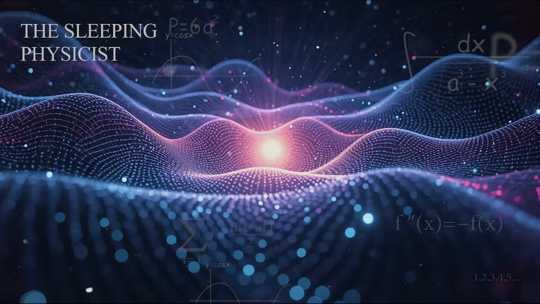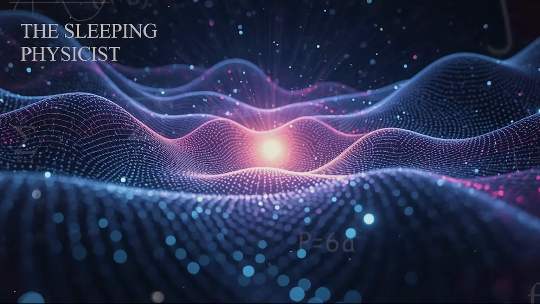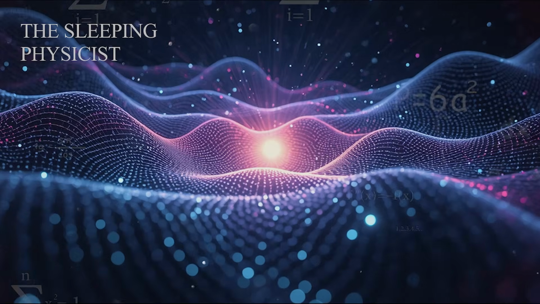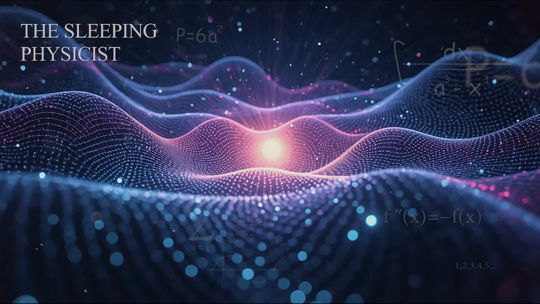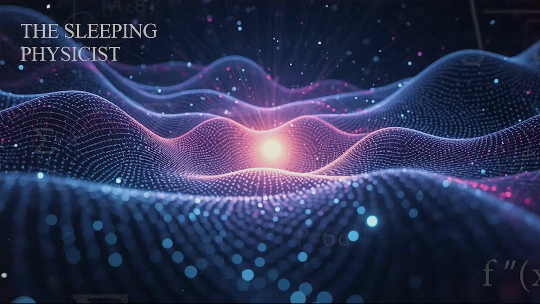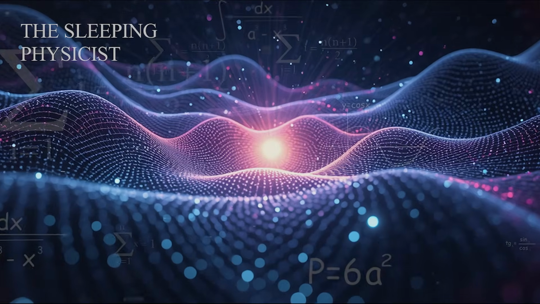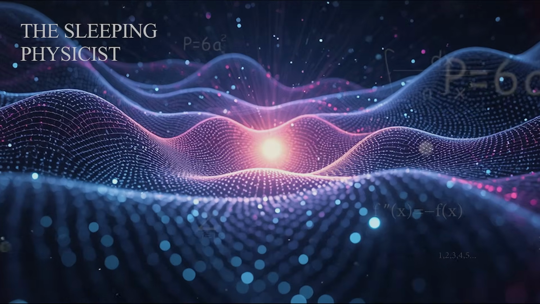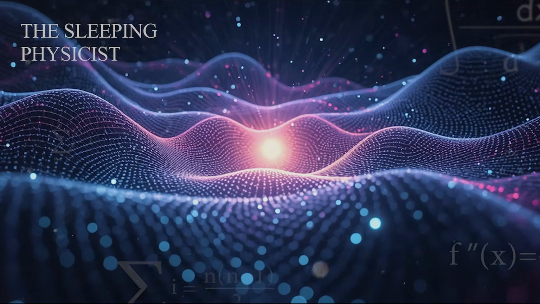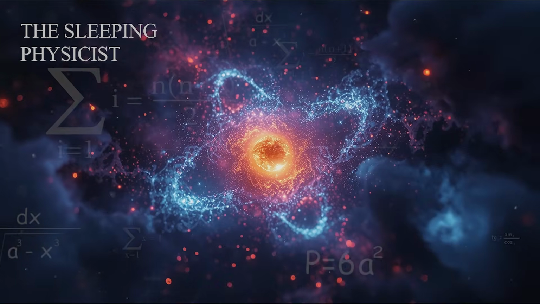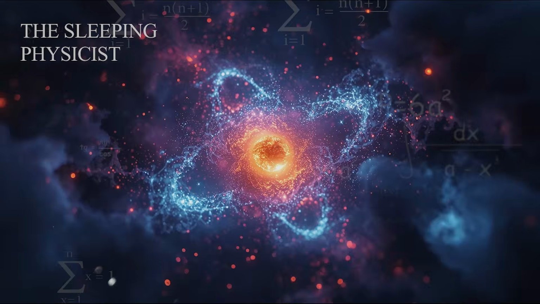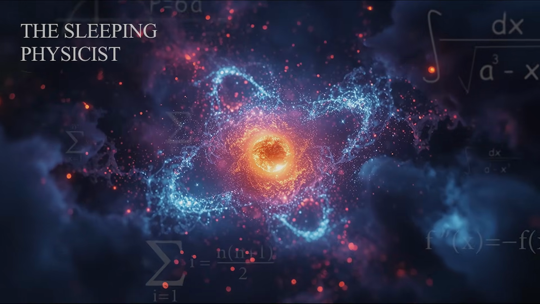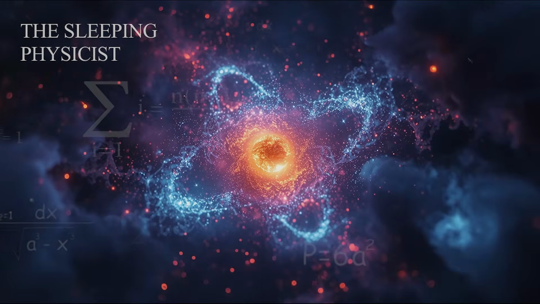From this viewpoint, the original question begins to settle. Asking what charge is made of is like asking what a rule is made of. The rule is not assembled, it is defined. And once defined, it shapes everything that follows. This brings us naturally to the next step. If charge is a relationship between fields, then understanding charge means understanding how strongly those fields are linked. Not all couplings are equal. Some are weak, some are strong. And in quantum physics, that strength carries deep meaning.